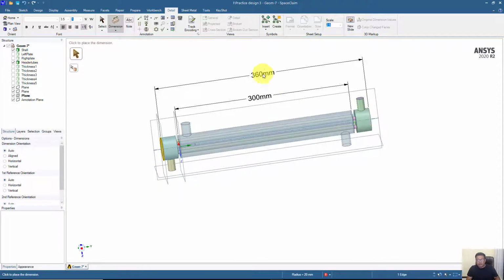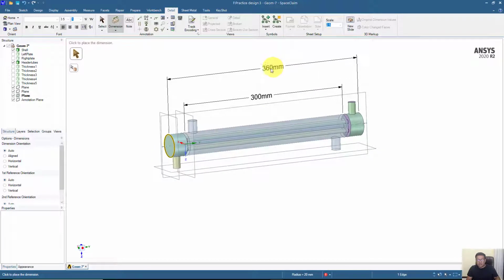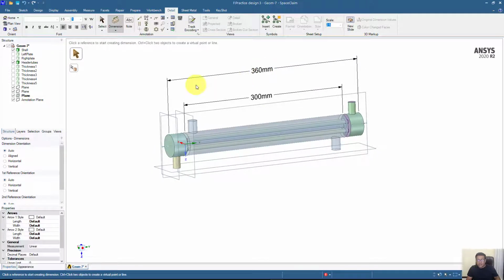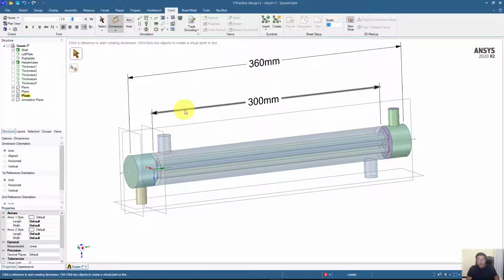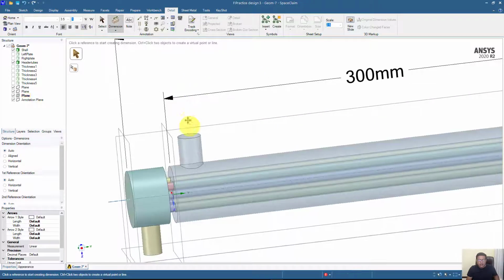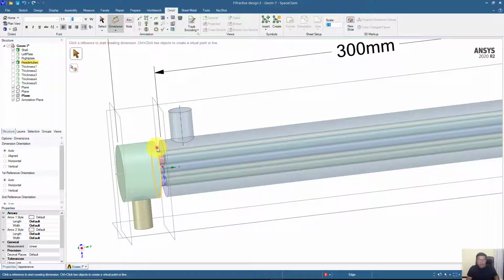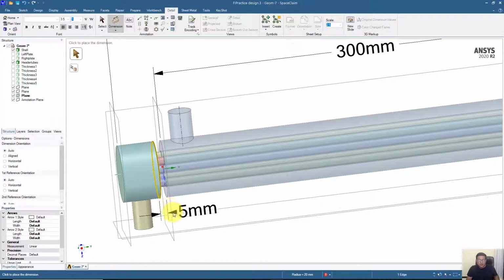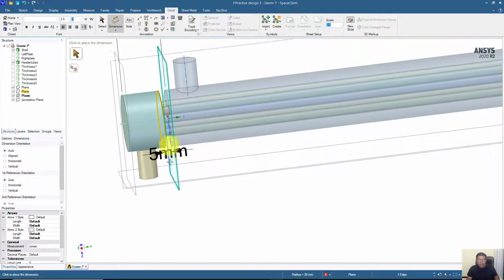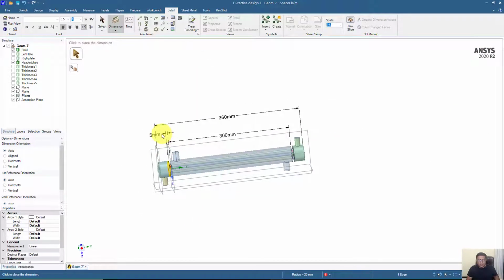You have to hover your mouse slightly so that we can select the proper entity for the dimension. Similarly, I can place a dimension, let's say, for this plate thickness. And you can also move it on the downward side, or you can place it anywhere here in this way.